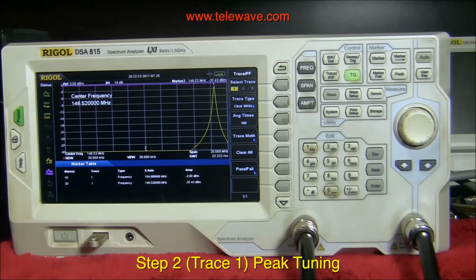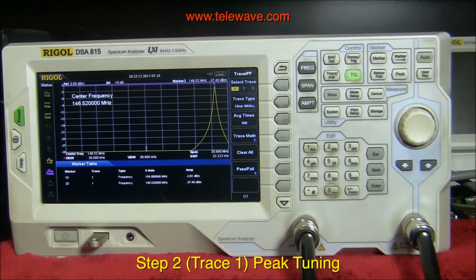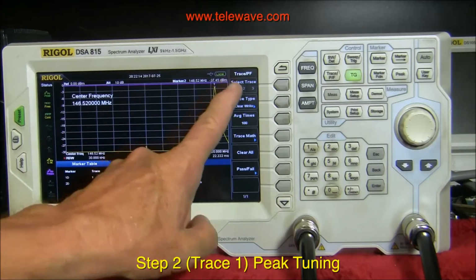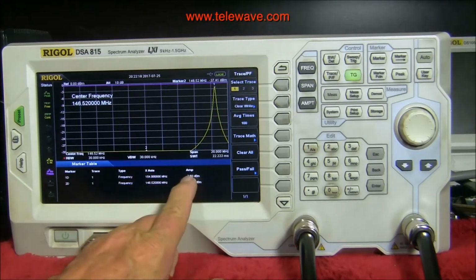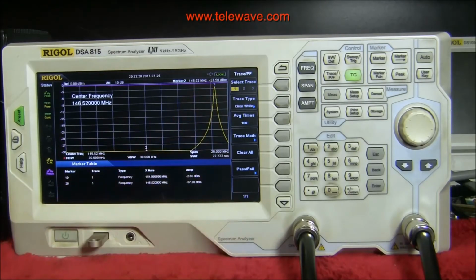I've turned on trace 1 here. Number 1 is yellow. And you see that we're about 2.6 dB down from there, so about 2 dB down. So that's about as tight as you want to have the tuning on this. With 2 dB of loss, you're going to have some matching problems potentially. But anyway, it's on 154.96666 at the moment, and we want it on